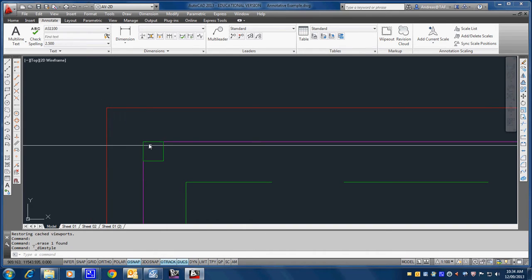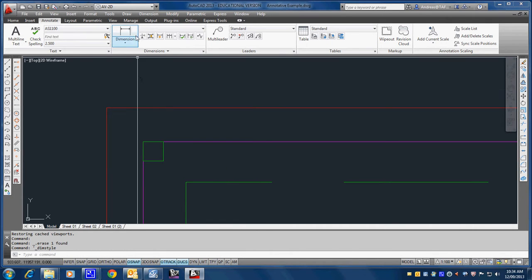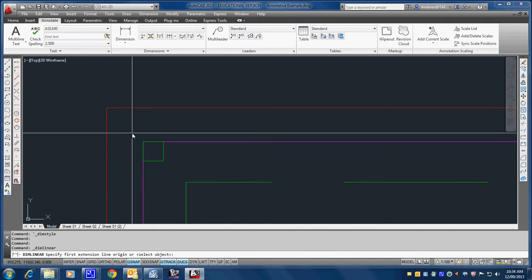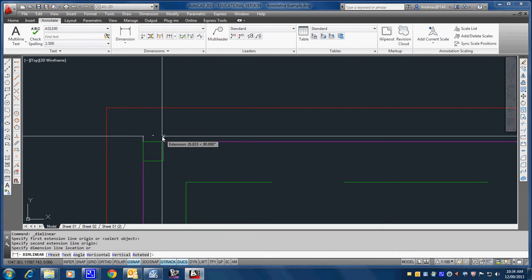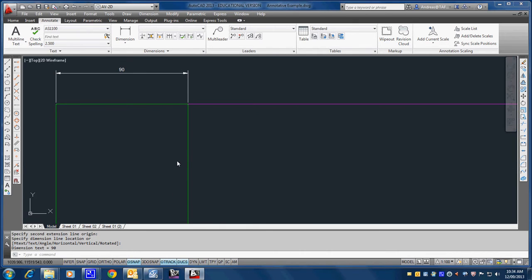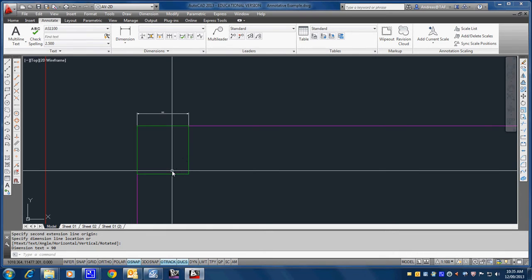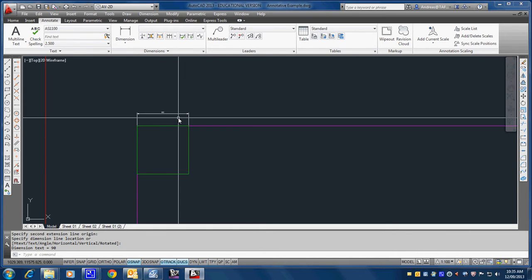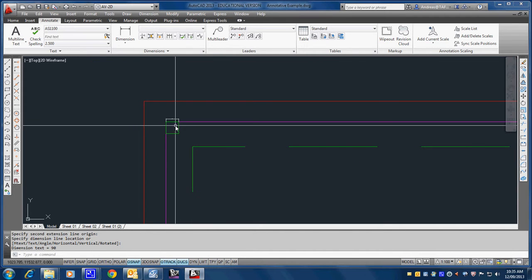Here's a little column. I want to dimension that column at 1:1. So I'm going to do a little drawing at 1:1 of that column. I dimension this, I click that, I go here and I go there, and there it is. So at 1:1 that text is quite legible,